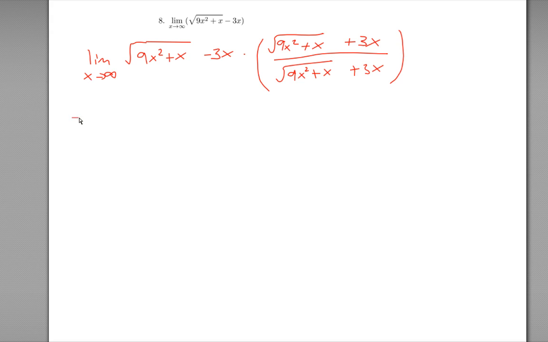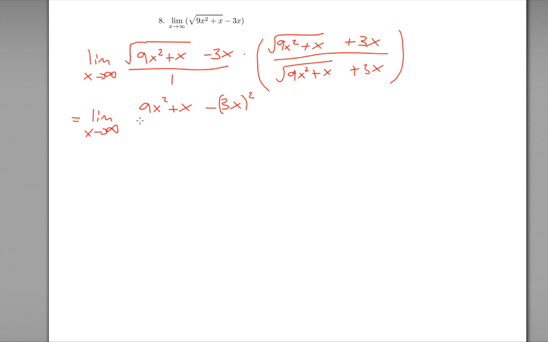Okay, well, that looks like it's more confusing, but at the end of the day, it's actually going to help us. So remind ourselves that this is over 1, so when you multiply the top, you get 9x squared plus x minus 3x squared. So the square root goes away. The middle terms cancel when you FOIL this out, and then the final thing is minus 3x times plus 3x